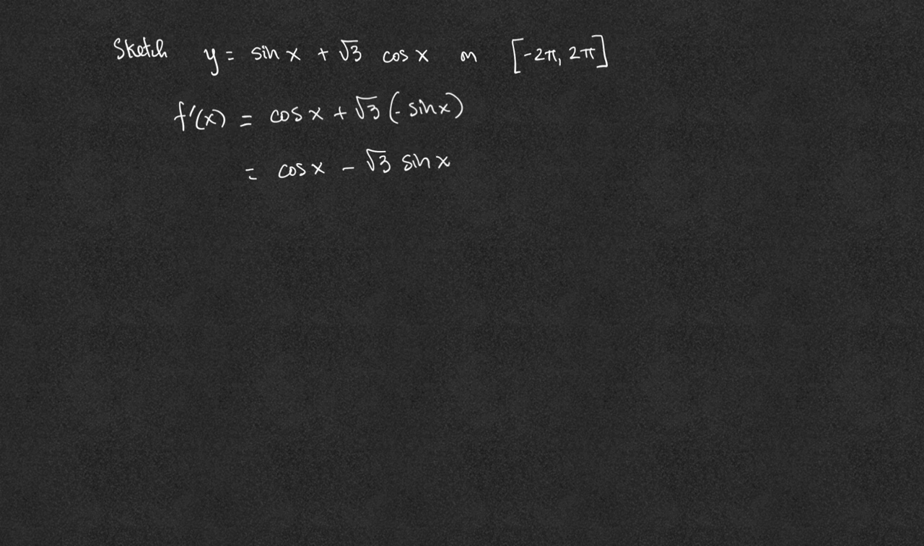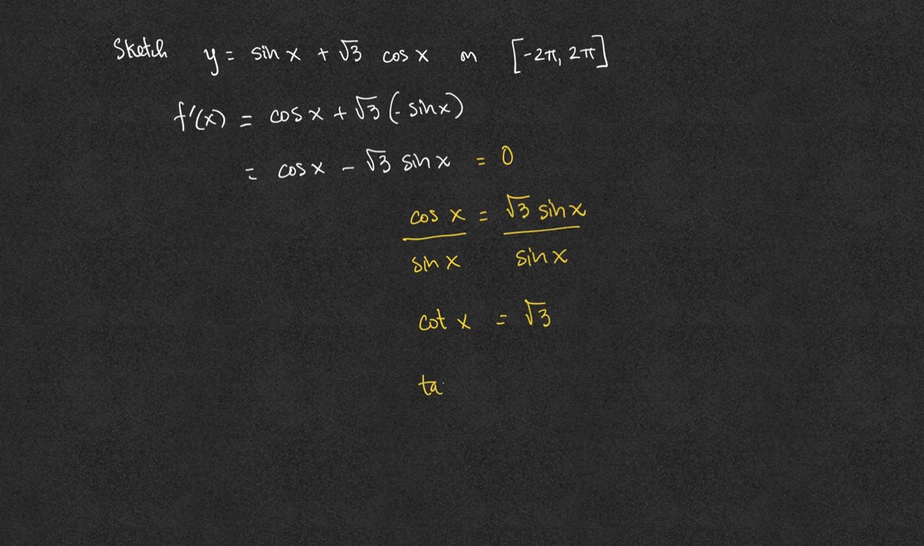To find critical numbers, we set this first derivative equal to 0 and we solve for x. Isolating cosine of x, we have cosine of x equal to the square root of 3 sine of x. And then we divide both sides by sine of x, assuming that it is not 0. This is cotangent of x equals the square root of 3, or tangent of x equals 1 over the square